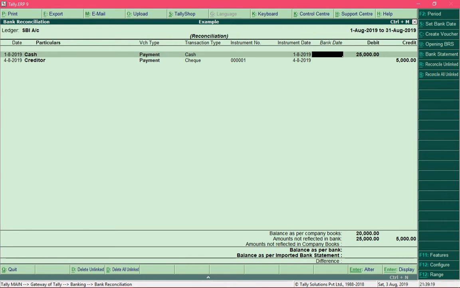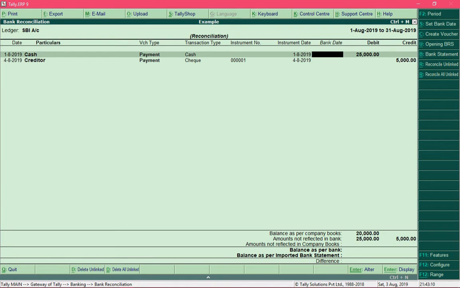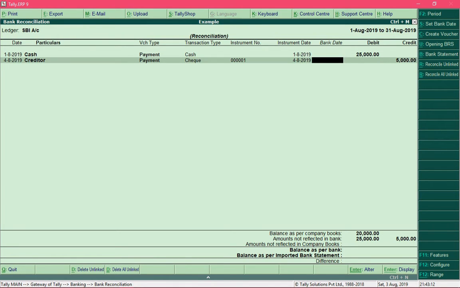Over here you can see that for the month of August there are two bank-related entries. One is a cash deposit entry and another is a check payment to a creditor. According to our records, the bank balance was increased by rupees 25,000 and decreased by rupees 5,000, and Tally assumes that these amounts are not reflected in the bank.